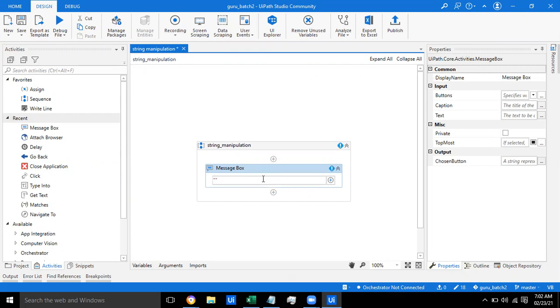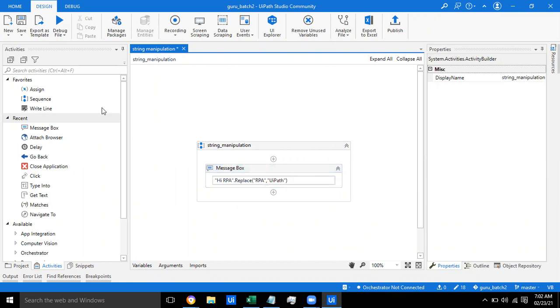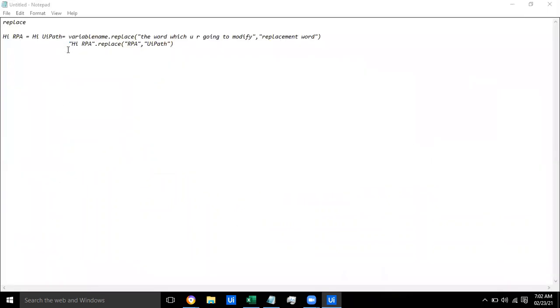I'm going to simply pass it as a string: hi space RPA dot replace of RPA comma. Let me run this file, guys, and see what will be the output, whether I will get hi RPA or hi UiPath. Hi UiPath is my output.